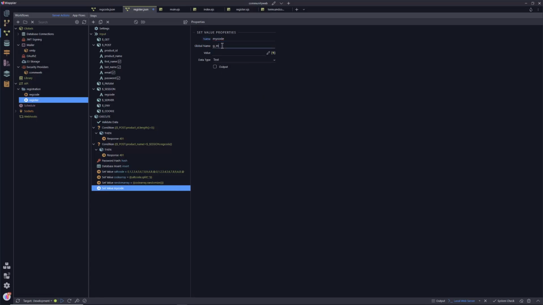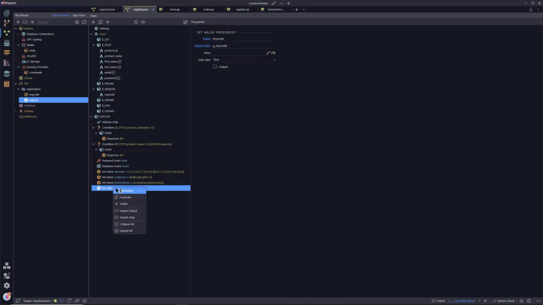Global name as well. With any globals, I tend to just prefix the name with G underbar, and then I know which global refers to which set value stage. In a moment, that's going to have no value at all. That's going to be a blank